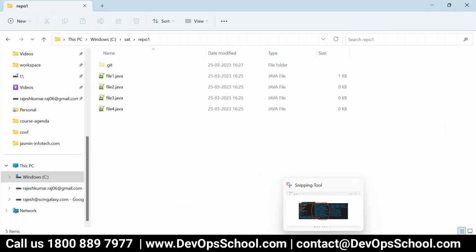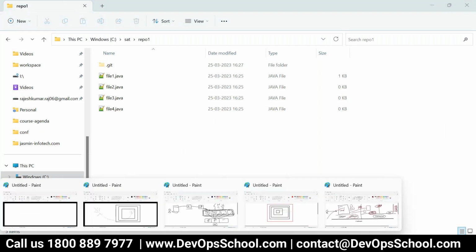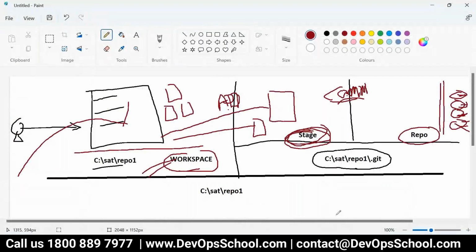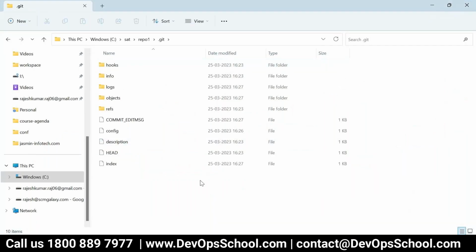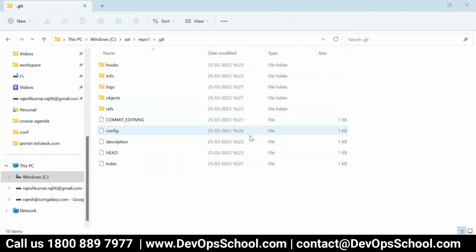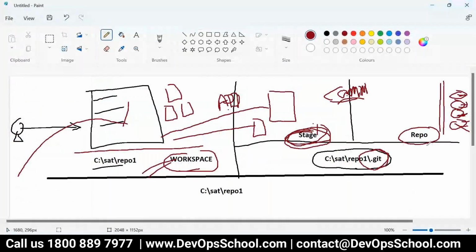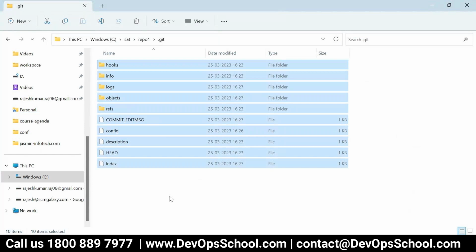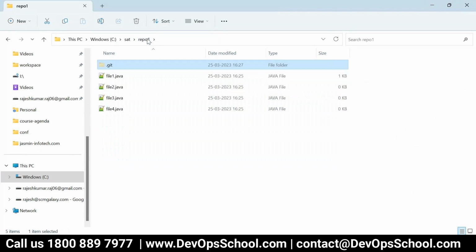So Rajesh, a question is running in my mind. If we talk about the stage and repo, is there any demarcation I can see in my workspace that this file is in staging, not in the workspace? No. I don't want to talk about this directory structure, where the index, the staging and the repo are, because you'll get lost; you're just getting started with Git.